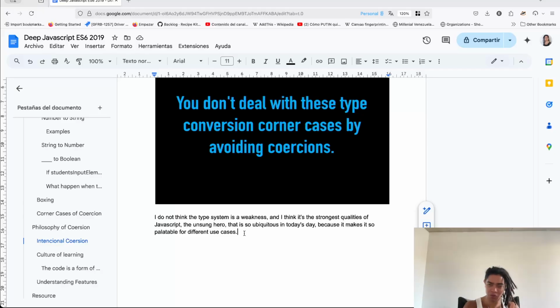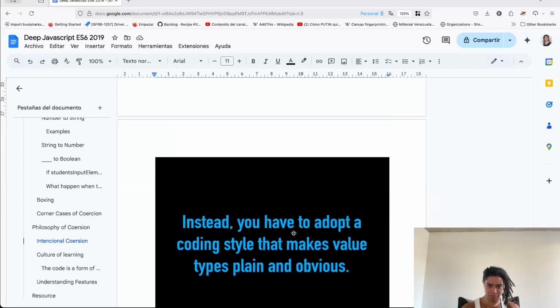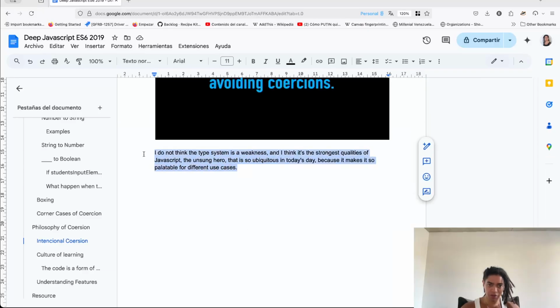And with JavaScript, what we're doing, especially with this philosophy of coercion, is that at some point we need to deal with these conversions, and avoiding the corner cases of coercion is not an effective way to use the tool. That's why we need to adopt